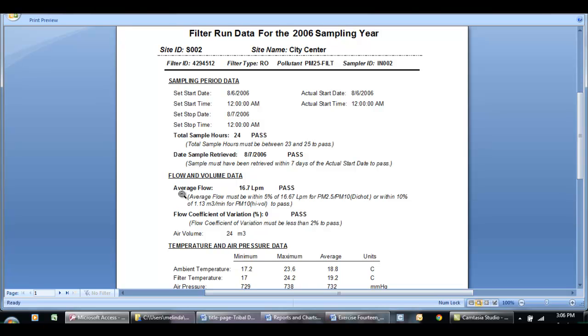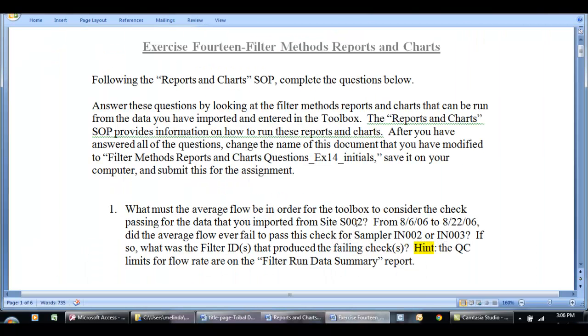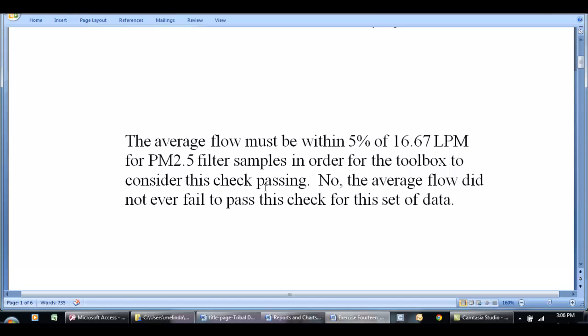So we see that the average flow was 16.7 liters per minute, and it needs to be within 5% of 16.67 liters per minute for PM 2.5, or 10% of 1.13 for highballs to pass. And so this is a passing check, and we know that the toolbox has a rule that the average flow must be within 5% of this set point flow rate to pass. And so we go back into our exercise and we type that in,